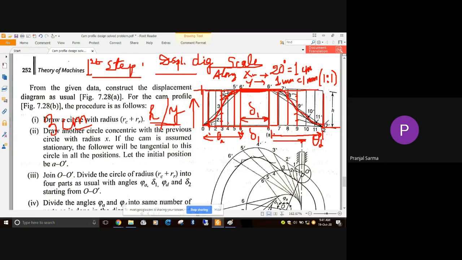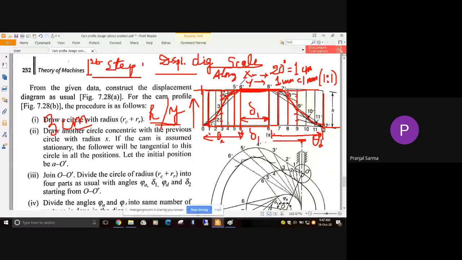Okay, that curve, a smooth freehand curve passing through the points, completes the displacement diagram for this. And don't forget to name those points of interest. Corresponding to the first division, it is 1 dash, 2 dash, 3 dash, like this. We have given the names up to 6 dash, and next you can start either from 7 dash or